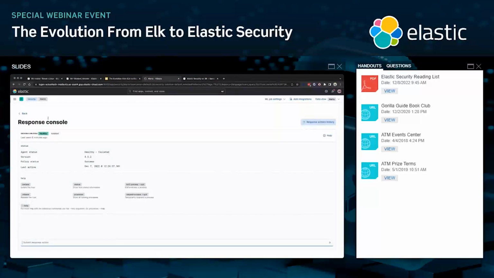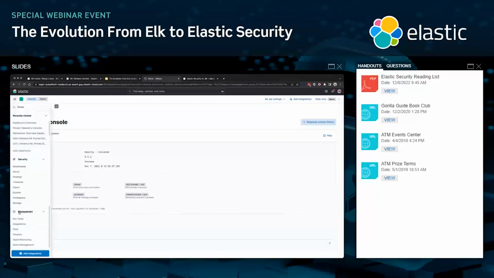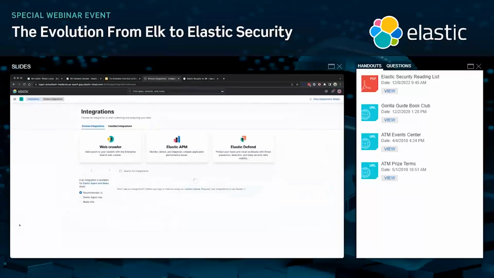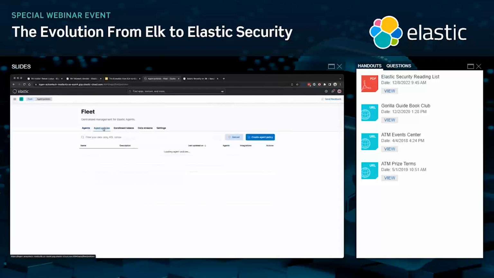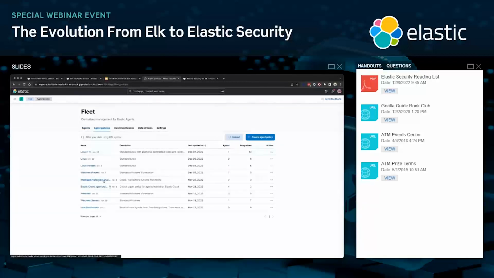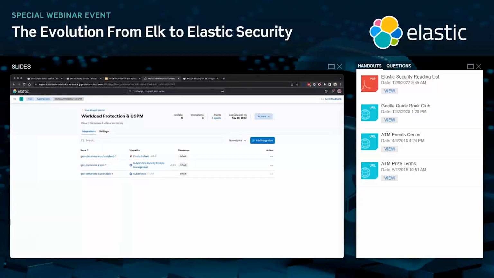And let's move over one last time to integrations. And actually, let's go to Fleet. Let's look at the existing agent policies that we have, and we'll see that we have a policy for workload protection and CSPM. Really, I want to say KSPM here because we are heavily focused on Kubernetes at this point, so KSPM is a more accurate description. But we have a few different integrations here that are running essentially sidecar to those actual Kubernetes nodes out there. Again, Elastic Defend, which is getting us that